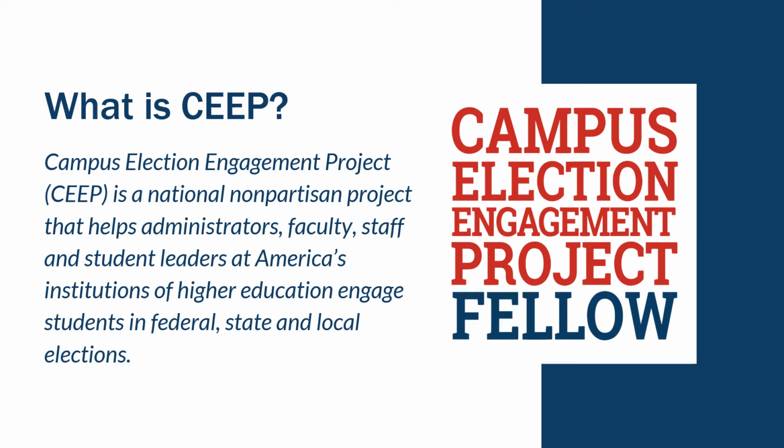The Campus Election Engagement Project, or CEEP, helps colleges and universities use their institutional resources to get students involved in elections, helping them register, volunteer, learn about candidates and issues, navigate voting laws, and turn out at the polls. The goal is to assure that students fully participate in democracy as voters, educators, and citizens while at school and throughout their lives. CEEP has a comprehensive roadmap we call 7 Key Ways, which outlines a systematic approach to building campus and student involvement. With support and training from our CEEP state directors, CEEP fellows take action using 7 Key Ways and other resources as guides.